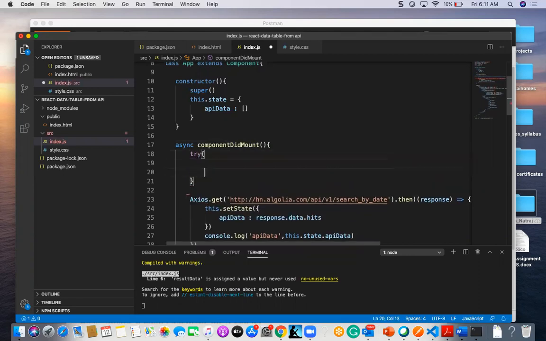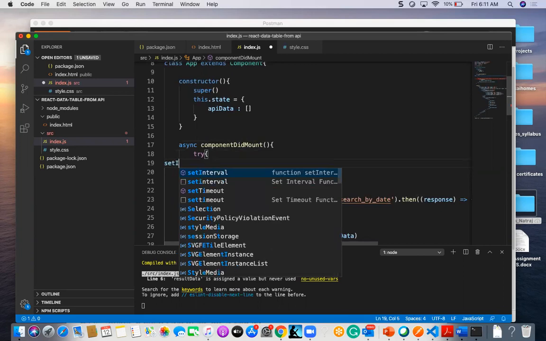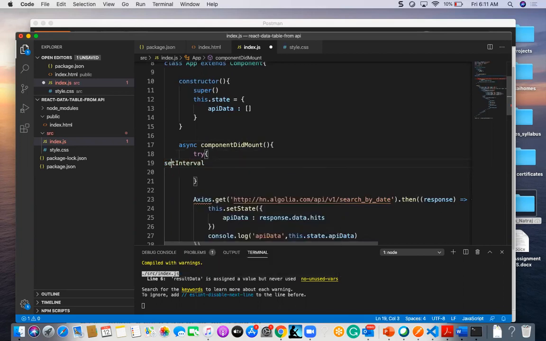In this try I am giving setInterval. setInterval is a JavaScript function which will trigger any content at a certain frequency, like 10 seconds or 5 seconds. In that period of time it will go ahead and trigger. So here I am going to mention some async.